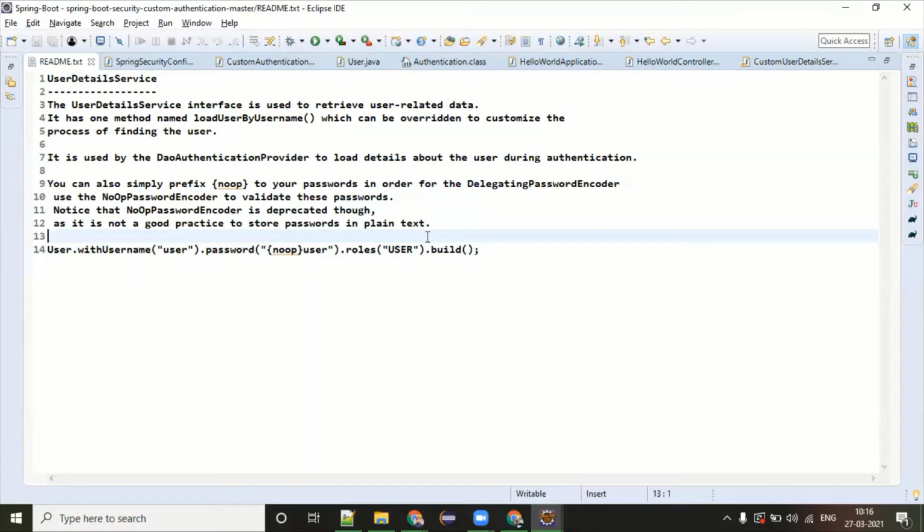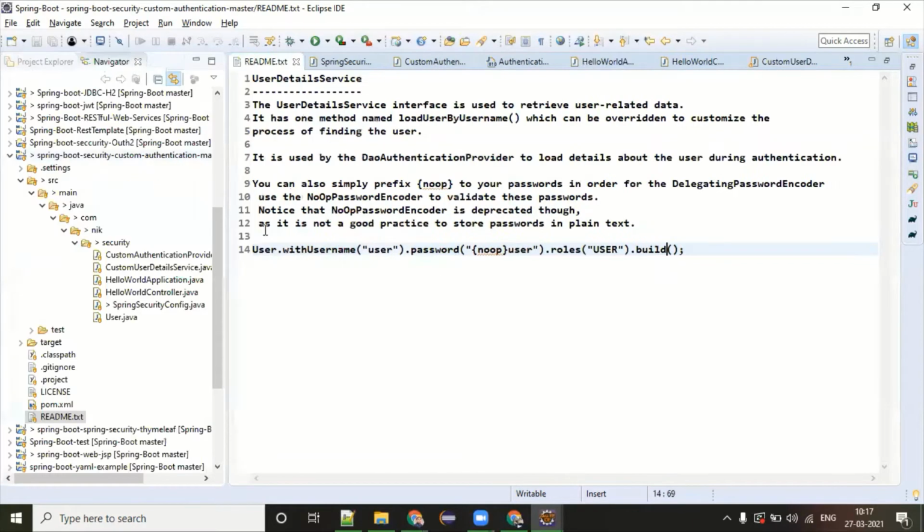But there is one thing you need to focus on under this UserDetailsService, which is password encryption, which needs to be encrypted every time. But if you don't want to pass any encoder or decoder kind of functionality, then you have to pass some sort of NoOp password encoder. And what is the syntax for that? I will be talking about it in some time. Okay, so the authentication provider is done.